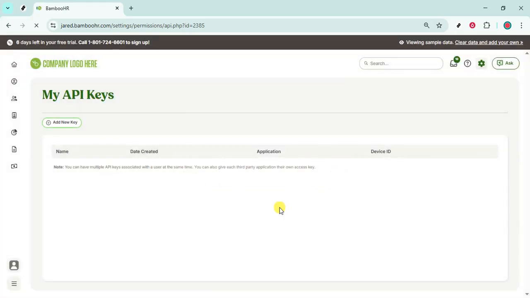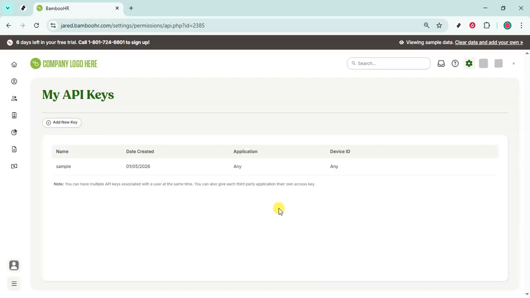You went to your BambooHR account, opened your profile menu, selected API keys, added a new key, named it clearly, and generated it. With that done, you're ready to plug the key into your integration settings and start connecting systems